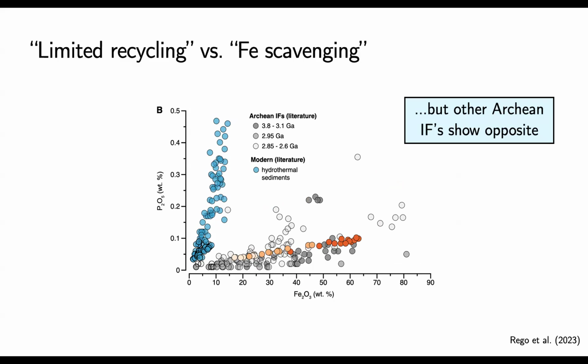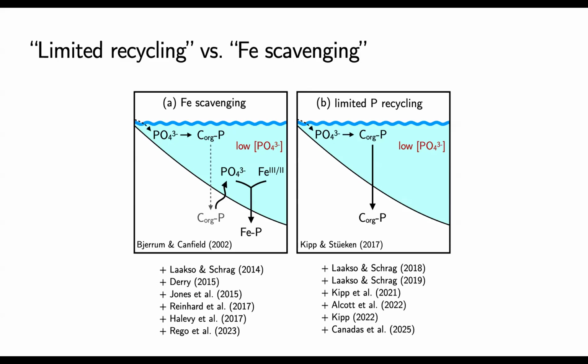And so if we're coming back to trying to adjudicate between these two models at play, I don't think there's such a thing as an ocean that was entirely at one end member or the other. There could be spatial variability and/or temporal variability, say, as a function of hydrothermal iron fluxes.